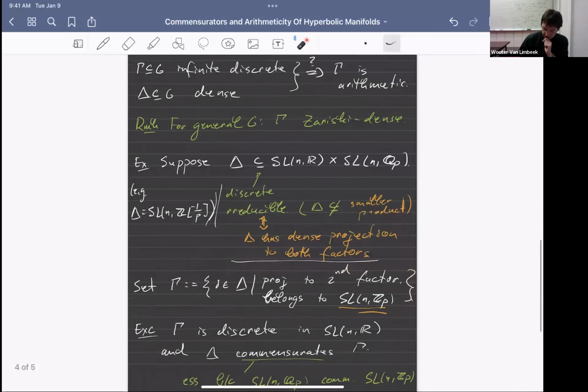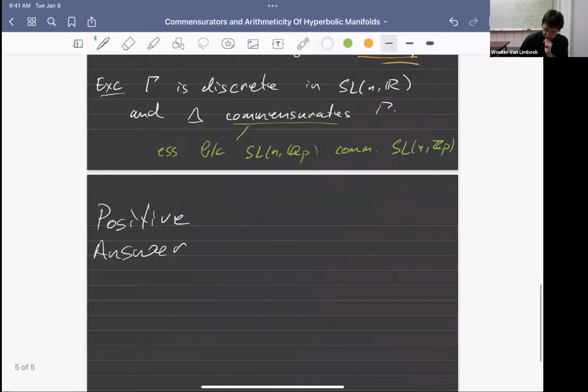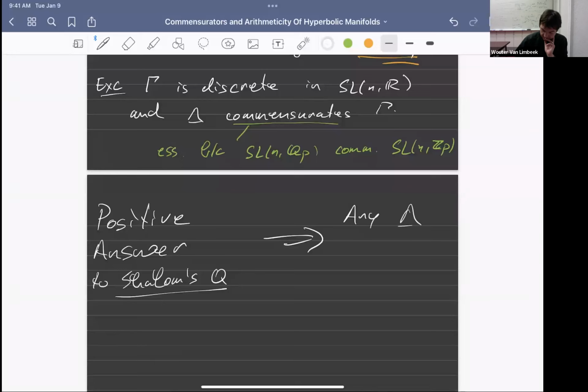And so a positive answer to Shalom's question implies that any delta, as in the example, is actually an irreducible lattice. Because, yeah,